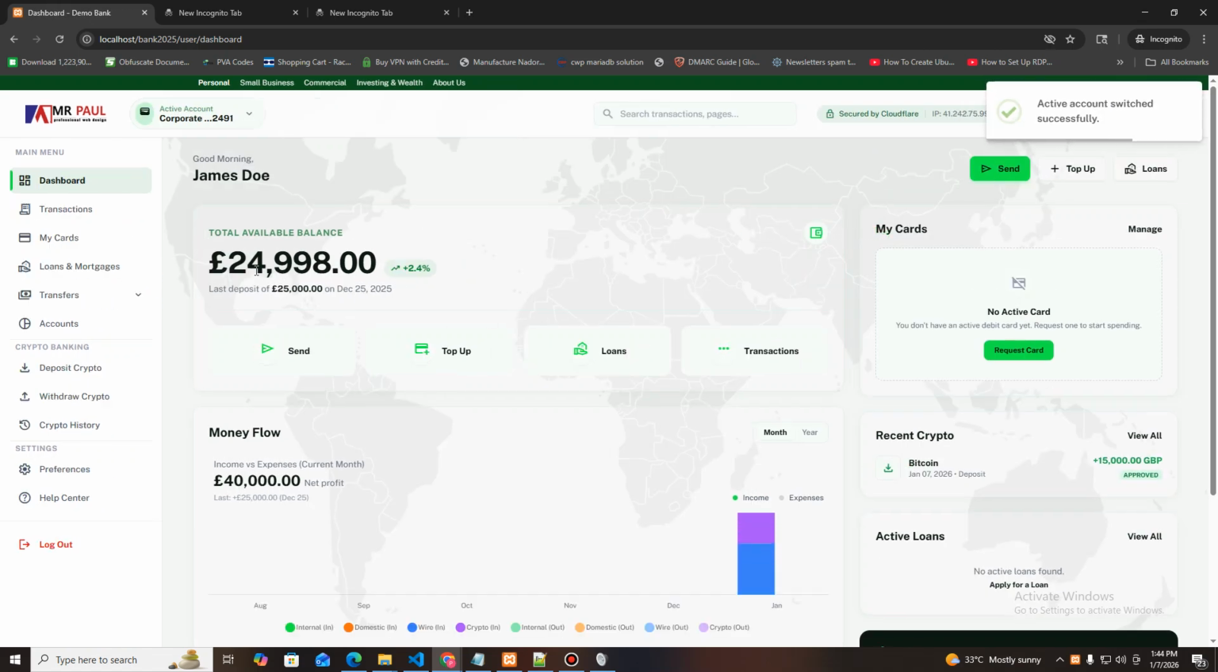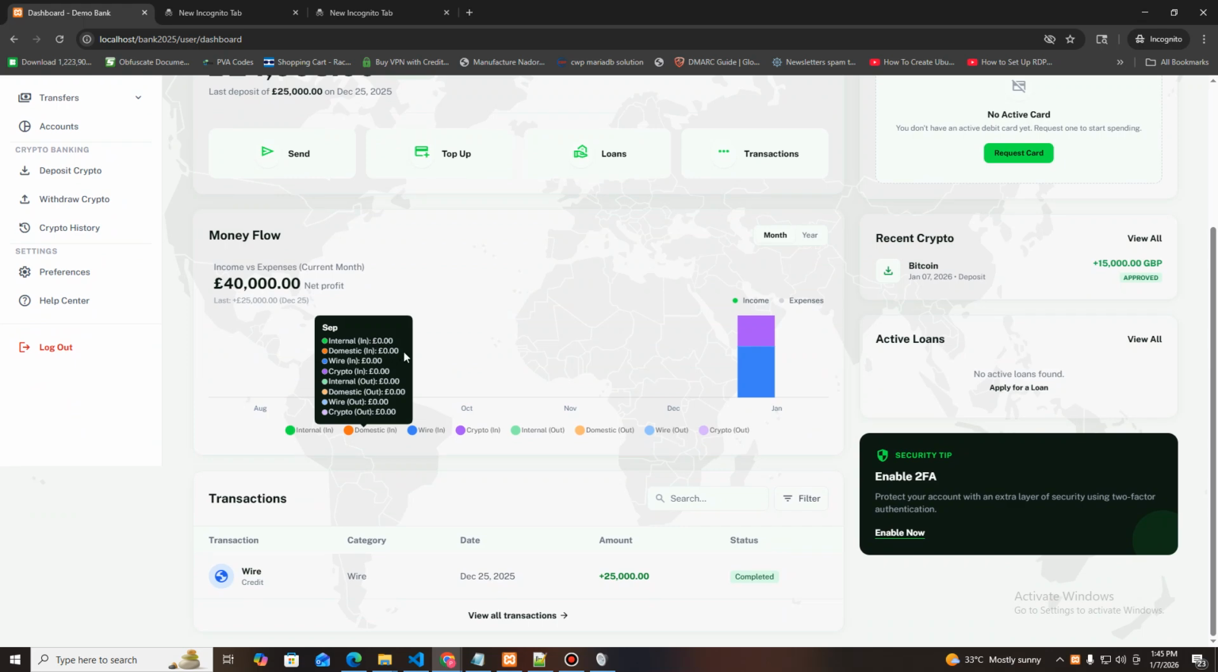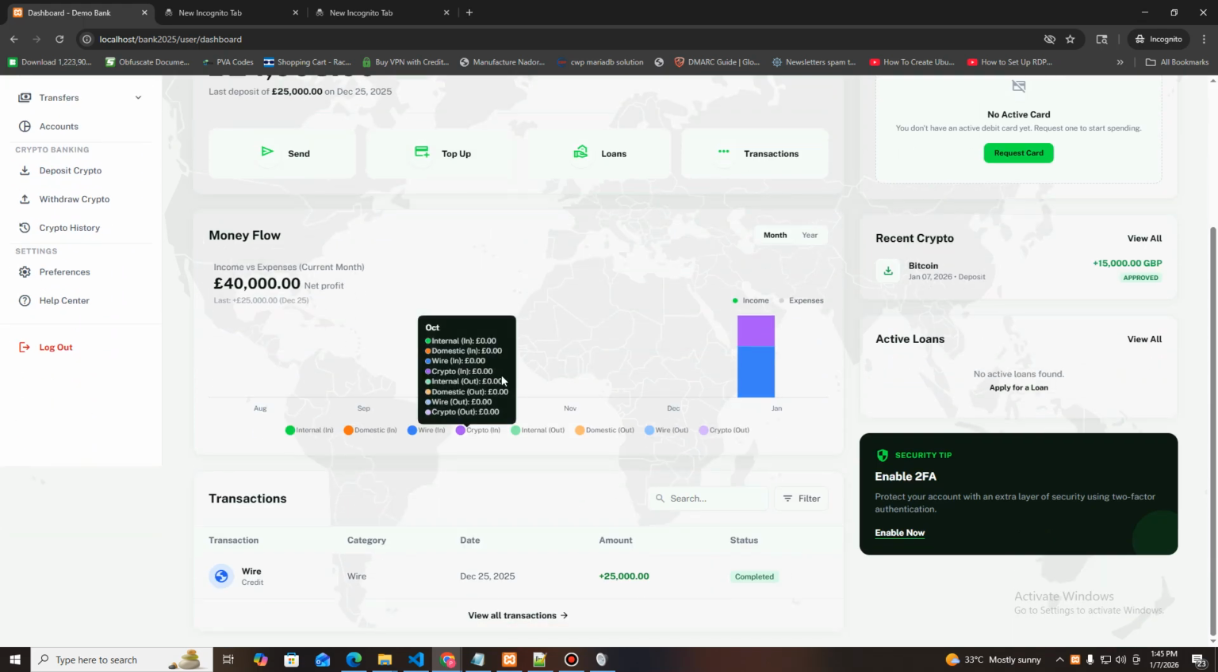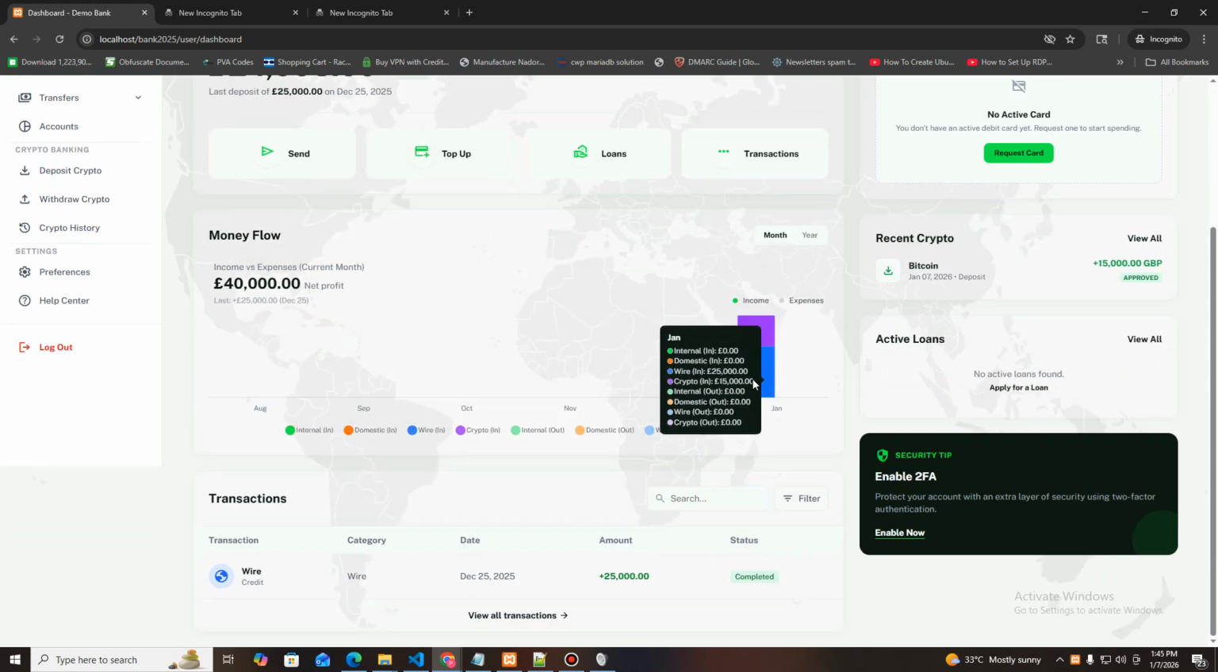So you can see 24,990 because we removed £2 for the transaction fee. So which is already there. As you can see, last deposit 25,000, and today's date is already, I said today's date, that is the December 25, 2025 that we selected. So that is the transaction date. So now we have our